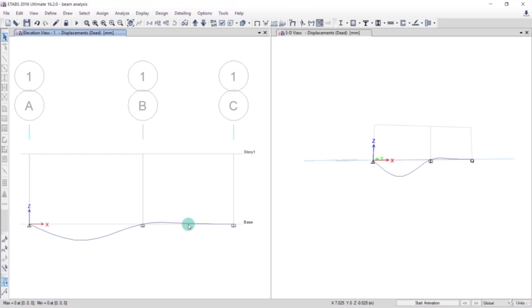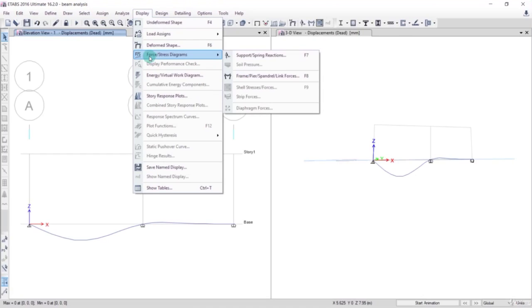Now we want to see the shear force and bending moment diagram of this beam, right? So what we do, we just go to display, and here this option force stress diagrams, and click on frame pier spandrel link forces. And if you see this icon over here, the same icon is also present here. So you can either click here or go all the way from the display menu. Click on here,